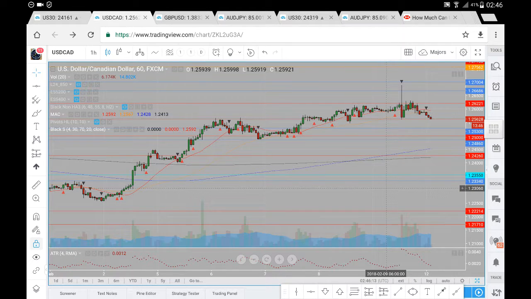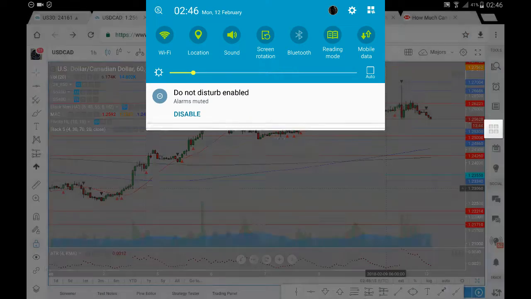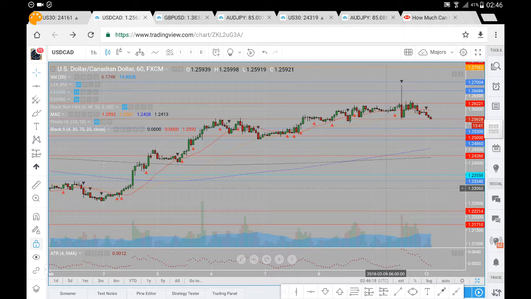So this USDCAD analysis for Monday, the 12th of February. Now let's have a look at prices and where prices may likely go. So what we can see here is prices head up towards this 126.22 break, from which we're looking for price